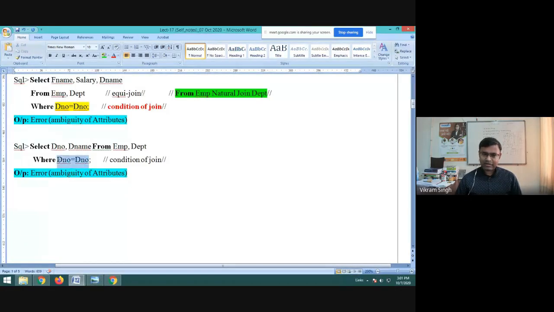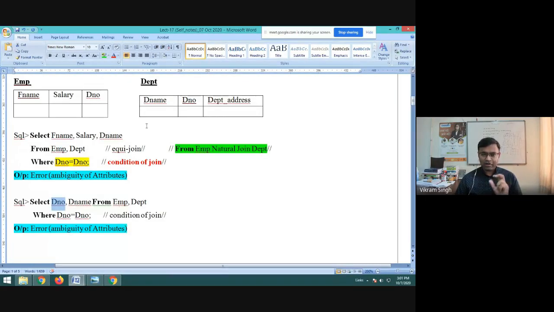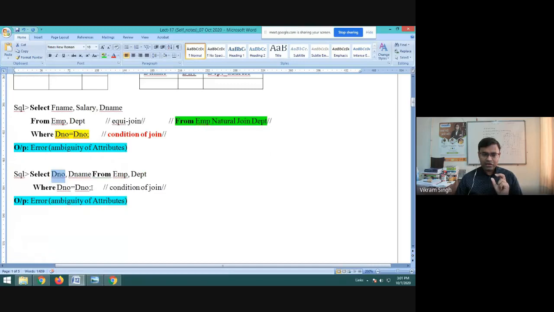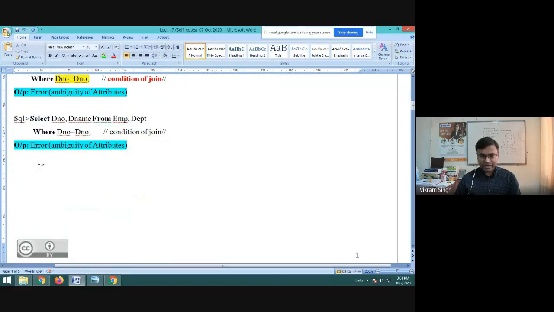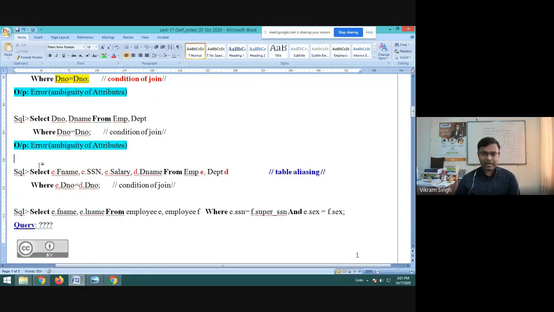यहाँ पर भी वही सेम एट्रीब्यूट का कंफ्यूजन है कि किस टेबल का है, और यहाँ पर भी सेलेक्ट क्लॉज में भी प्रॉब्लम है कि दिस डी नंबर इज बेसिकली रिफरेंसिंग और बिलोंगिंग टू विच टेबल और विच डेटाबेस टेबल, क्योंकि एम्प्लॉय में भी डी नंबर है और यहाँ पर भी. So we will have 2 places of this ambiguity. So again this same query will be having some kind of errors, because of ambiguity of attributes.